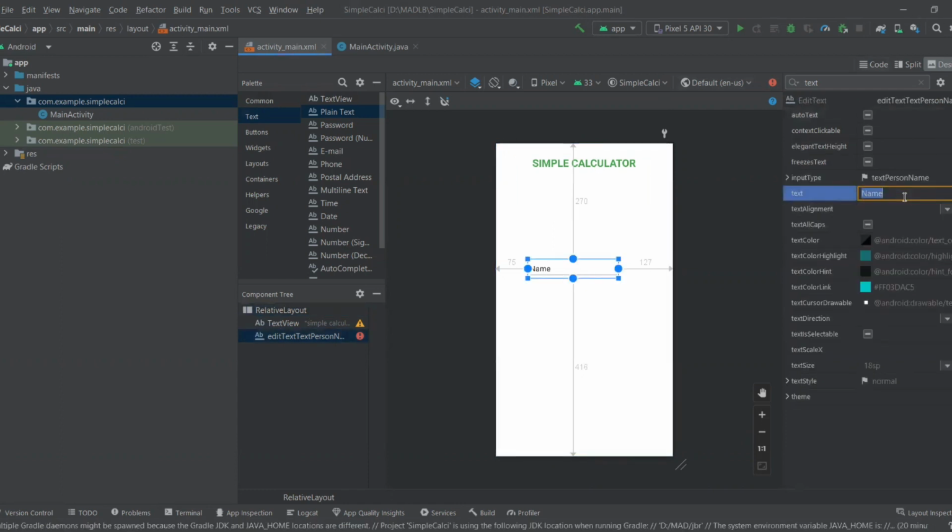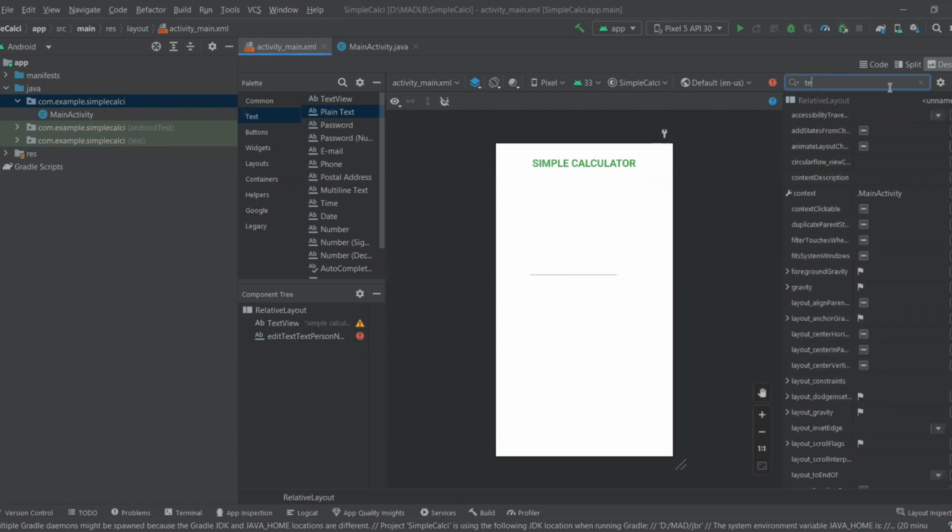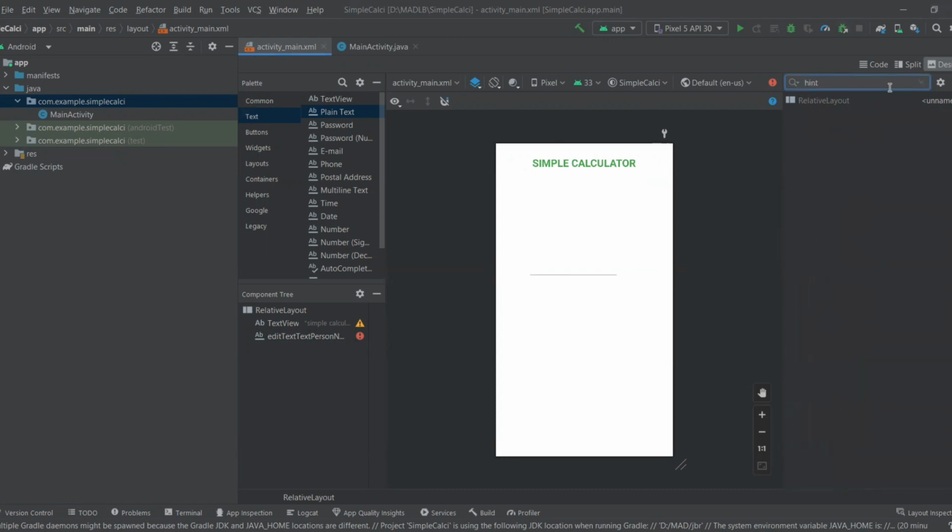Select it and change the name here. For now, just change it to empty box. Select this and type hint. So we will get the hint option. Here, enter the first number, so that it will appear in this plain text